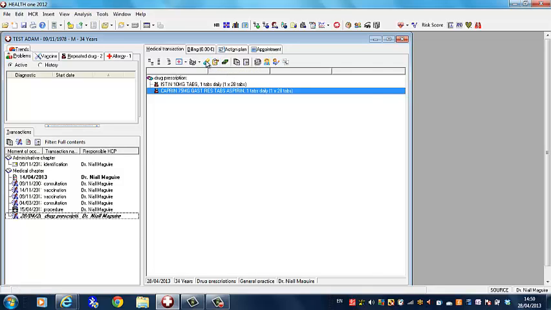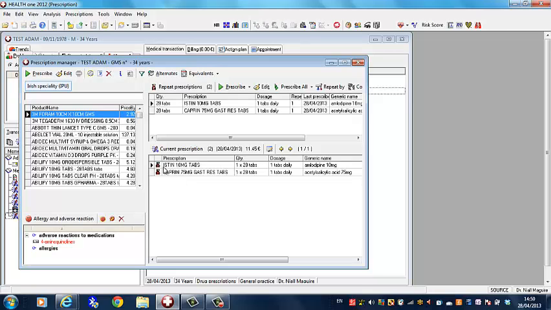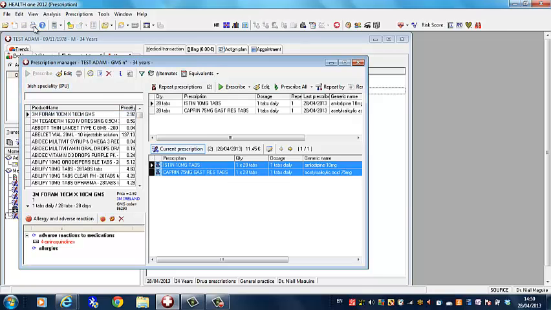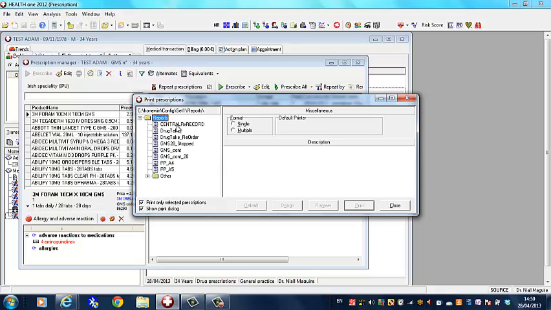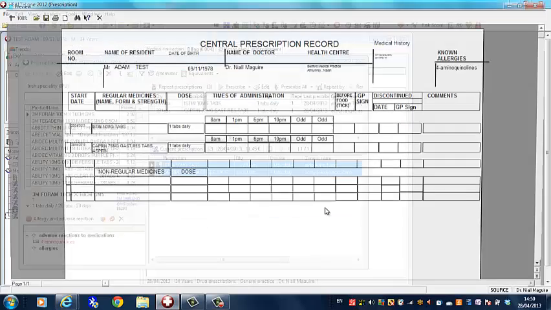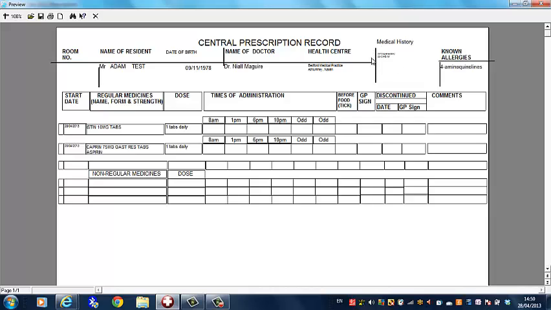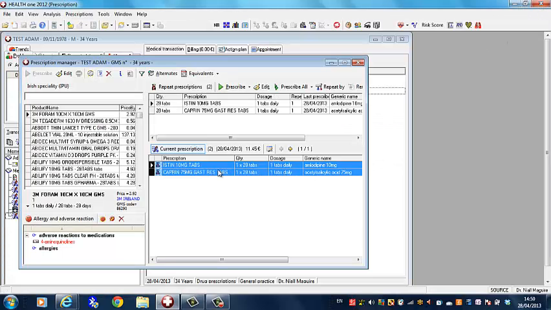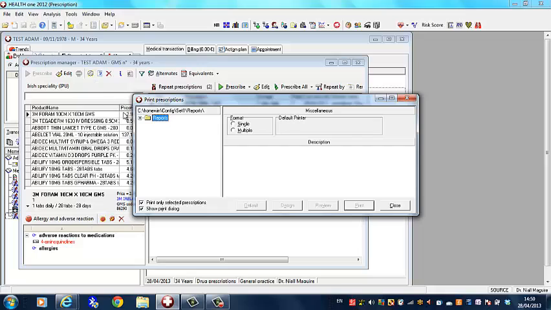So we go back into the prescription module, looking at the current prescription, go to print it, again select the Central Prescription Record, and we're going to preview it. And now the medical history in very small type is up here, and the allergies are also shown. So that works. How would you go about editing the fast report form for your own use? Well, it's not that difficult. You have to select the fast report form, and this time, instead of previewing and printing it, you have to go into the design option,